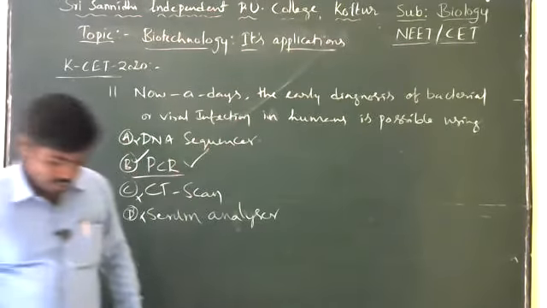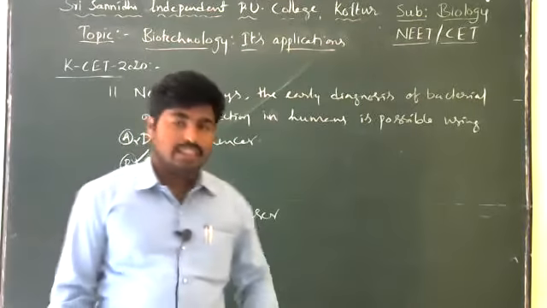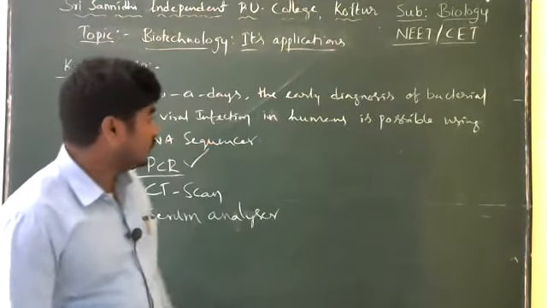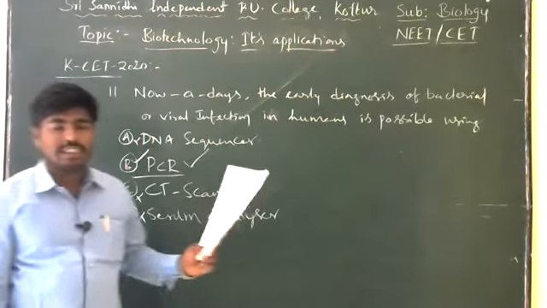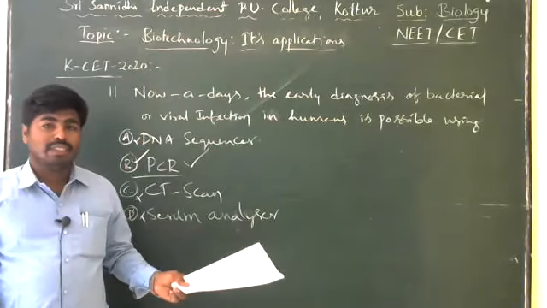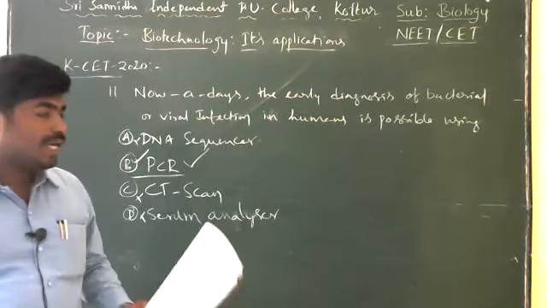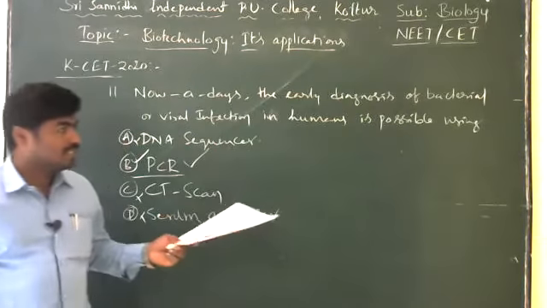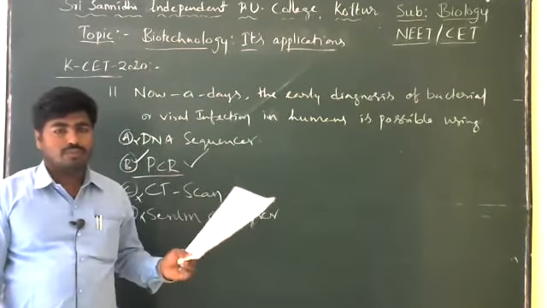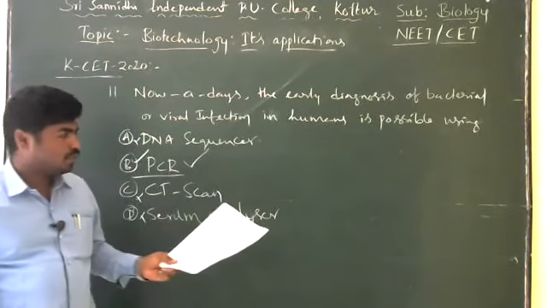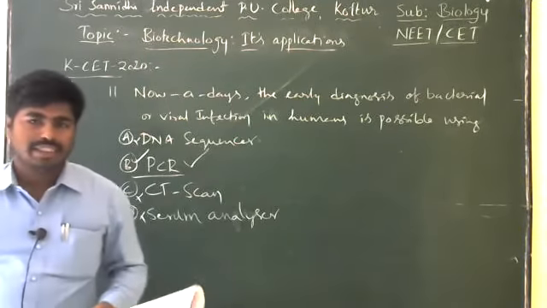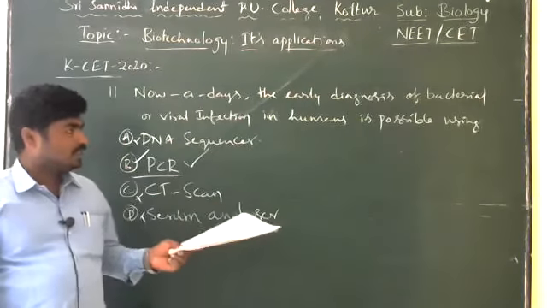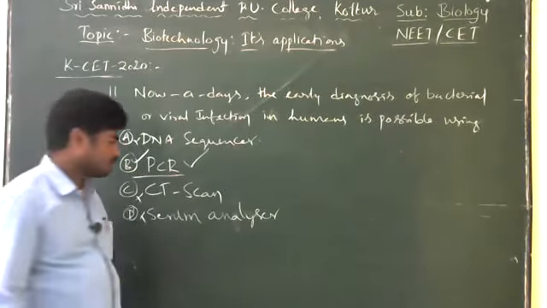So these are the questions asked from biotechnology and its applications. Anything that still needs to be fixed, we will discuss in the next class. In biotechnology and its applications, maximum questions come every time from the RNA interference technique. The tobacco pest resistant plant, one question is compulsorily asked on the pest resistant tobacco plants. The RNA interference technique is asked every year, so every part is important. Concentrate more on RNA interference.